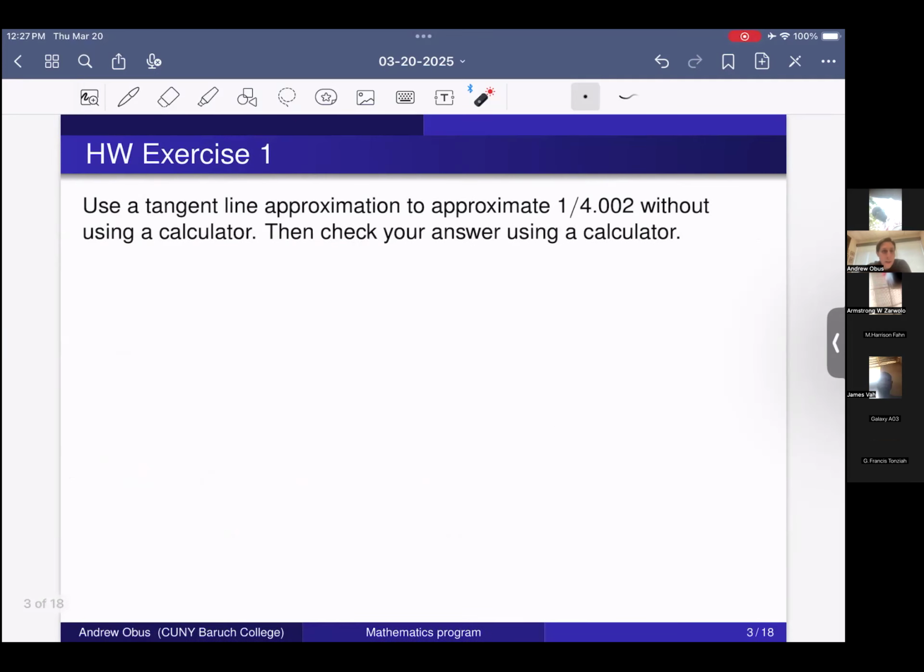So from the homework, it was: use a tangent line approximation to approximate 1 divided by 4.002 without using a calculator, and then check your answer using a calculator. To actually get the correct answer for this, you really need to use a calculator or your phone, right? 1 divided by 4.002, you're not going to want to do this by long division. That's going to be a pain. But what's the idea here is to use a tangent line approximation